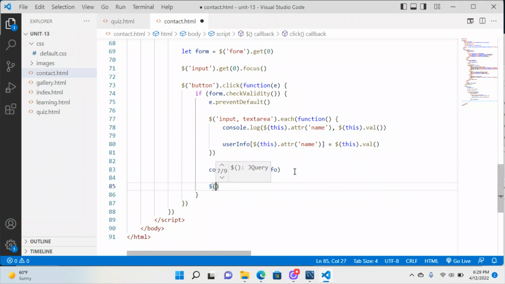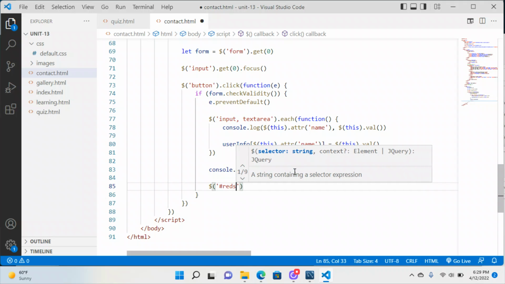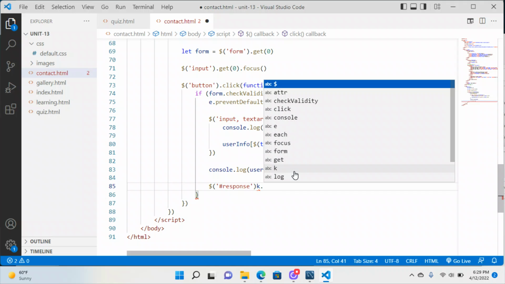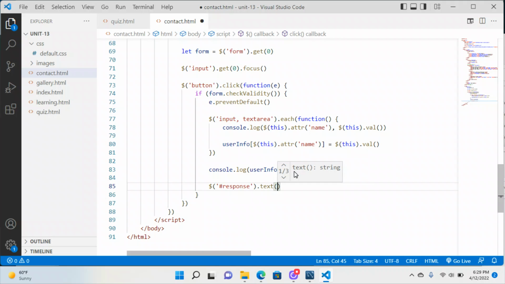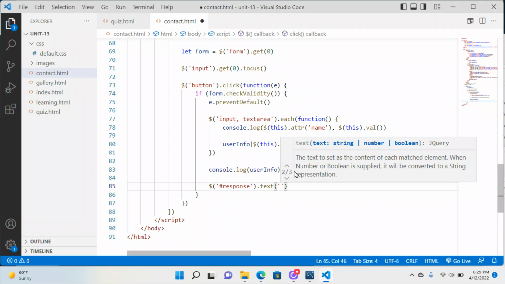we'll select for it using jQuery. There's the hash response. And again, I'm just asking for extra credit that something be updated. So we'll do .text again. There's also .html if you want to add elements in there, like span elements or whatever. But so you do text, do another concatenated string, something like